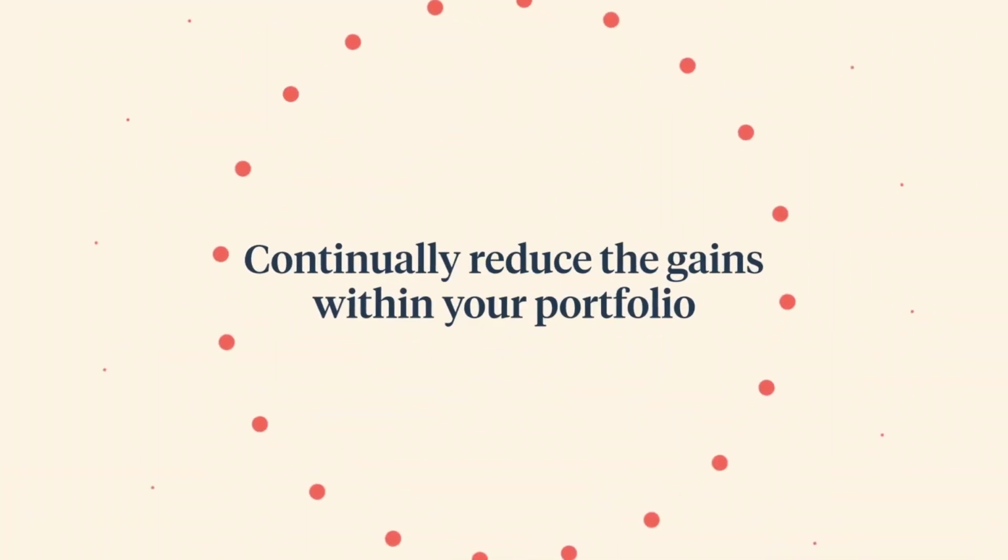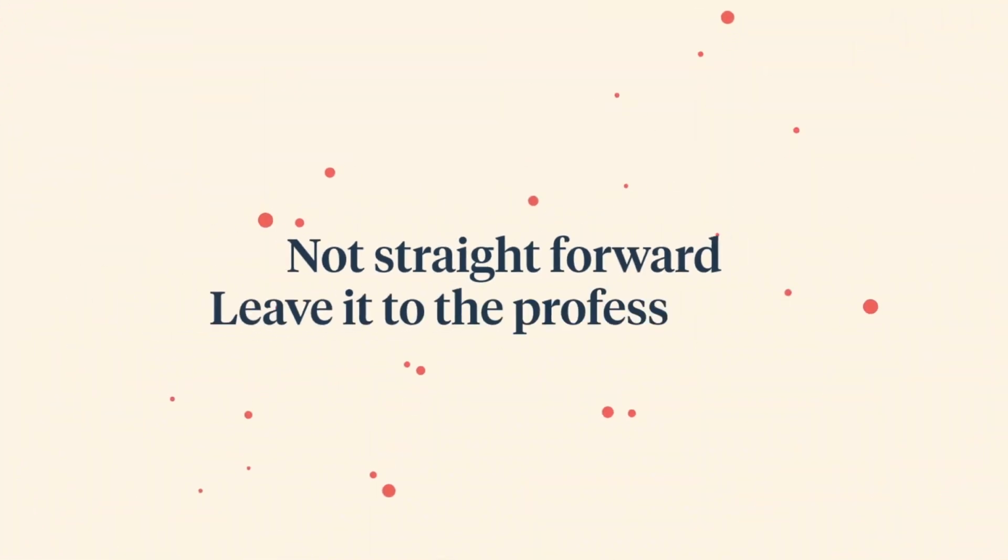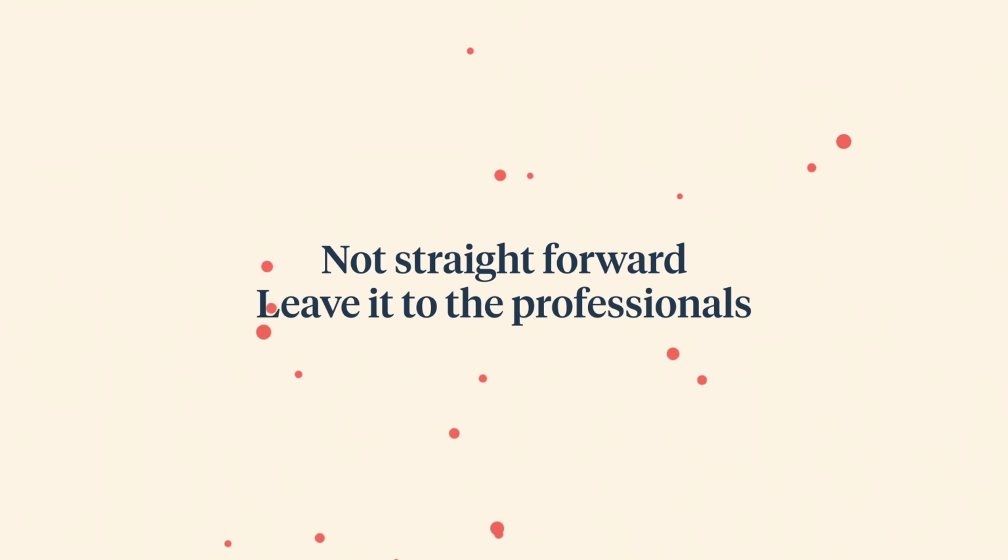Using your annual CGT allowance effectively can be a key component of sophisticated financial planning. If you have investments held within a taxable account, a high-quality financial planner will look to make disposals on an annual basis to make use of your annual allowance and continually reduce the gains within your portfolio. They'll typically subscribe the sale proceeds to an ISA or reinvest the money into a very similar investment fund before returning them to the original investments after 30 days have passed. As you're probably gathering, it's not a straightforward process, so it's best just to leave it to the professionals if you aren't very confident in how to do it.